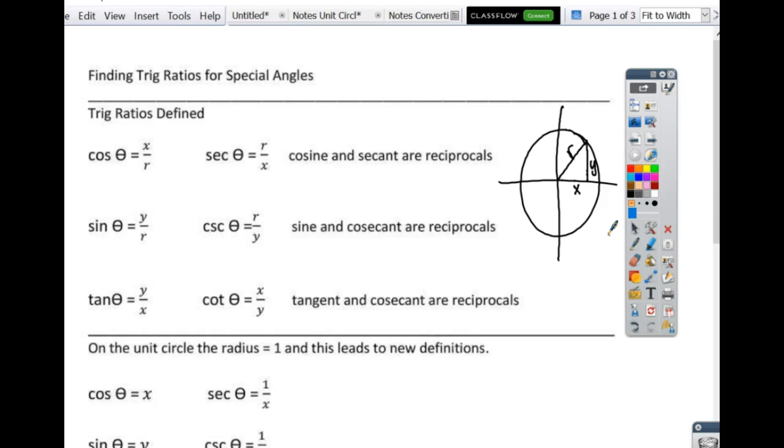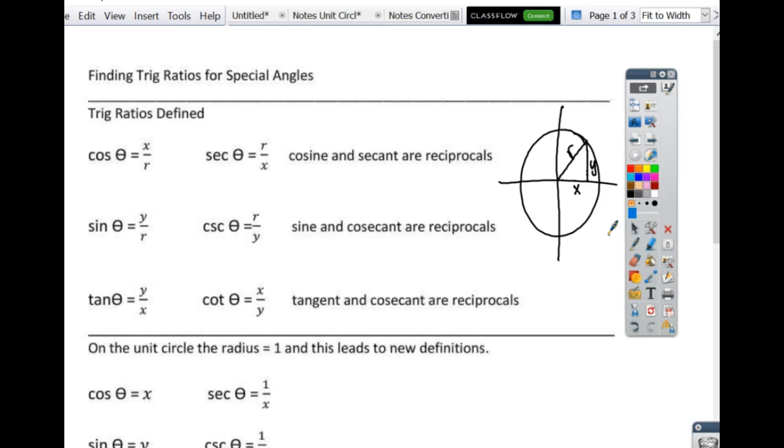Okay, so sine is opposite over hypotenuse. Cosine, adjacent over hypotenuse. And TOA, tangent, is opposite over adjacent. Okay, so that's okay, but you have to pay attention to what I'm about to do now, okay? The SOHCAHTOA helps you remember the sides, and that's all you need to remember, but we're going to go